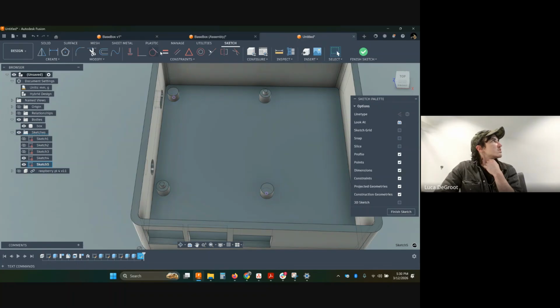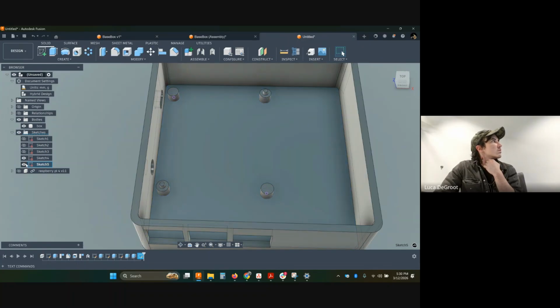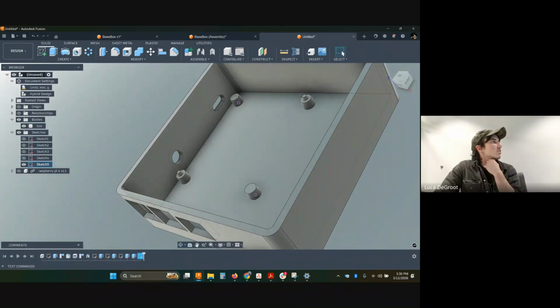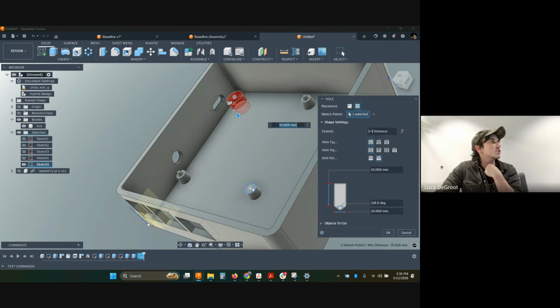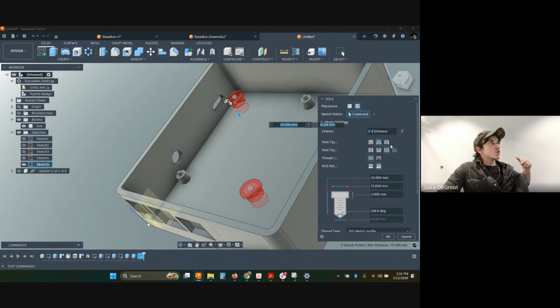Is that in the right place? No. So I can redefine that sketch plane, which should be up here. I right-clicked, redefine sketch plane because it was on the bottom surface. Now I can do that hole, and I can use those 2 points. This is a really great way of saying, okay, I need a counterbore hole for M3 or something. So maybe I want a threaded hole. I'm just going to do a simple hole, and it's going to be